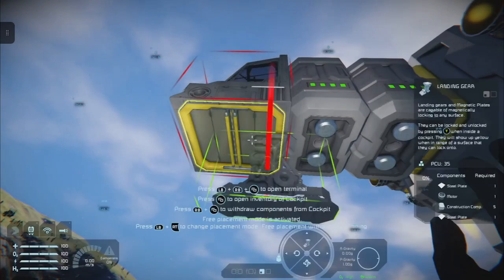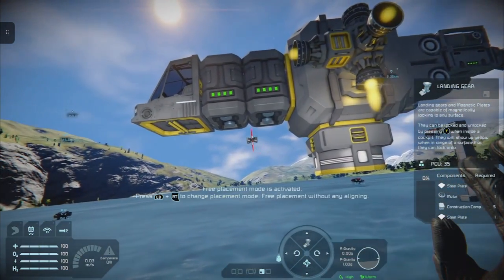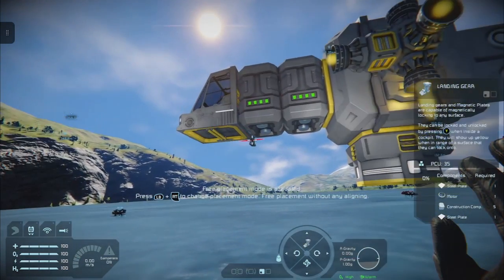You're probably also going to need to look at how best to fit landing gear.